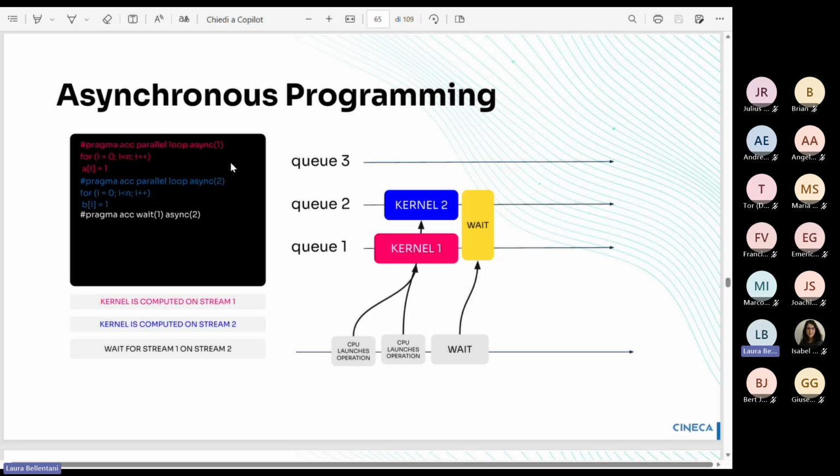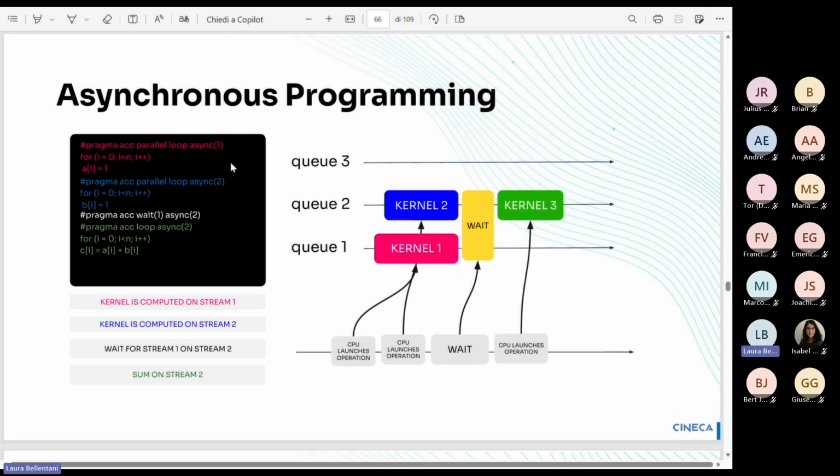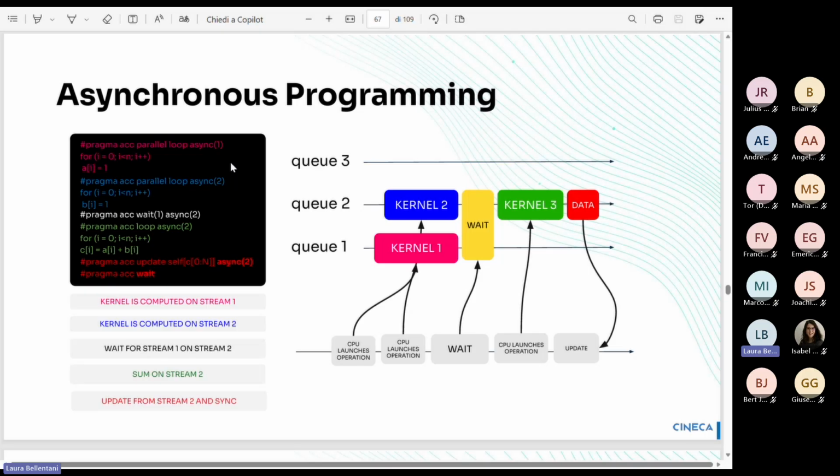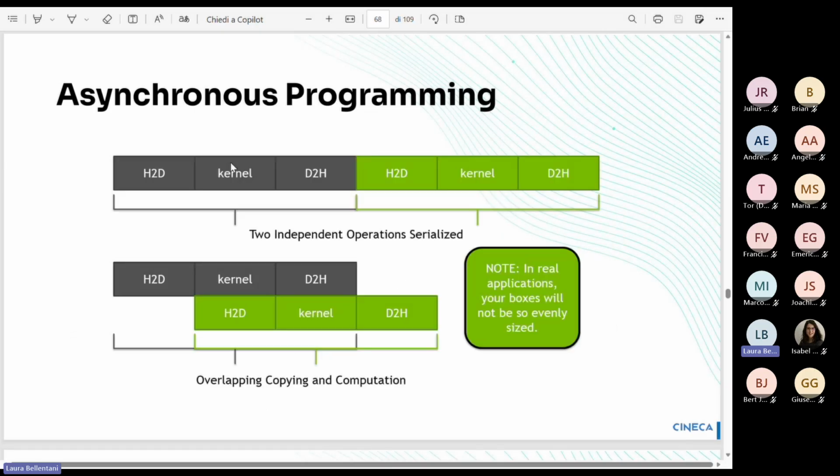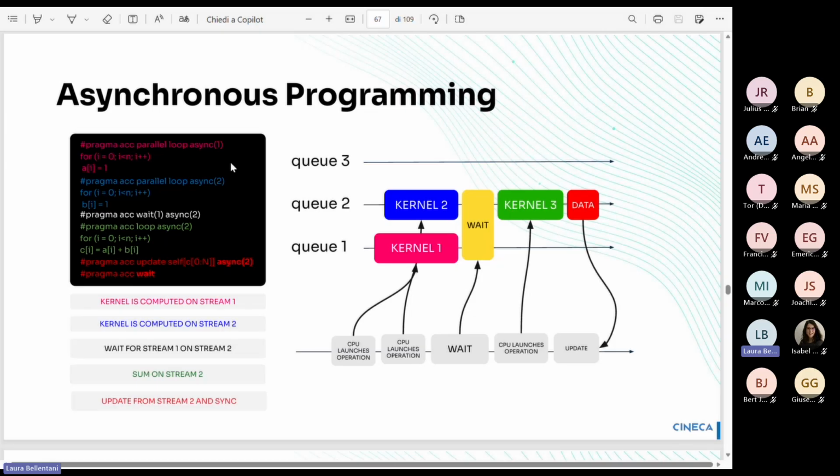Then I also need to put a wait on queue number 2 to wait for the operation on stream number 1. Finally, I can push the final sum on stream number 2. Eventually, I will download the data asynchronously from stream number 2, and I put a wait, which blocks the activity until the operation on the GPU is done. And this is an example of how you can overlap computation with computation.